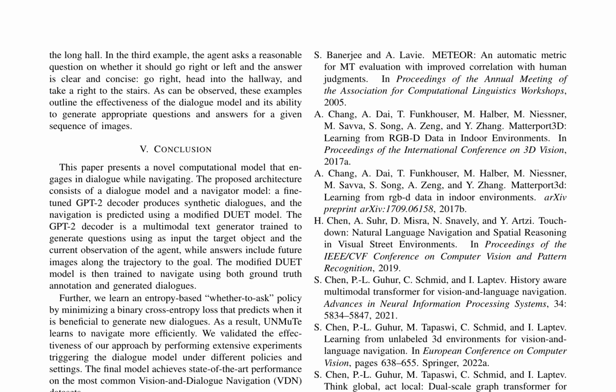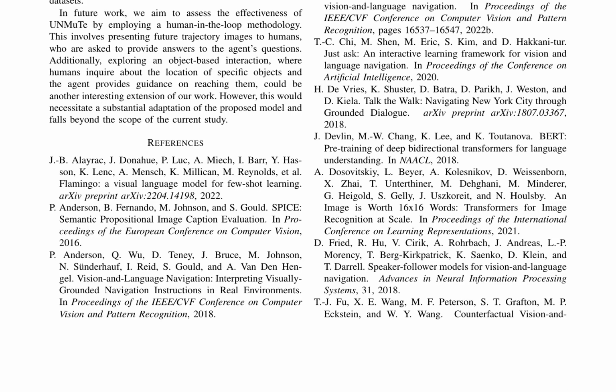In the realm of vision and language navigation, researchers have been exploring various approaches to enhance the capabilities of embodied agents. This includes the use of multimodal text style transfer, as proposed by Zhu et al. 2020a, which aims to adapt the linguistic style of navigation instructions to better align with the visual context, improving the agent's ability to understand and execute commands. Wang et al. 2019 introduced Gibson ENV, a real-world perception dataset designed for embodied agents, providing a comprehensive platform for training and evaluating models in realistic environments.